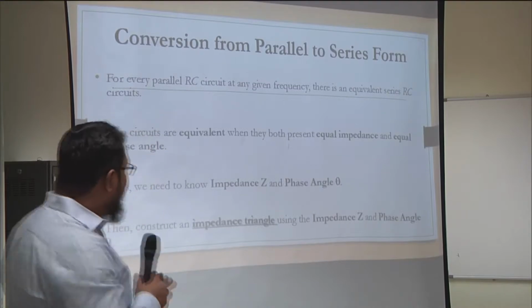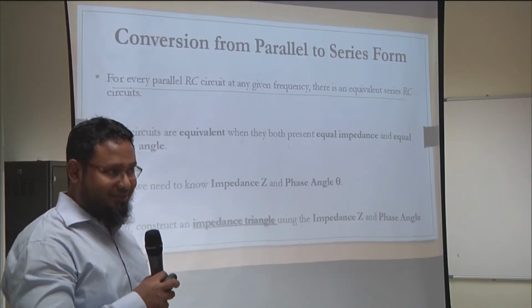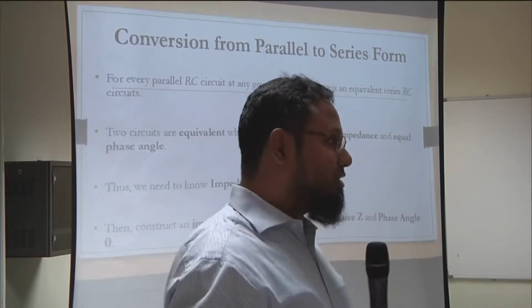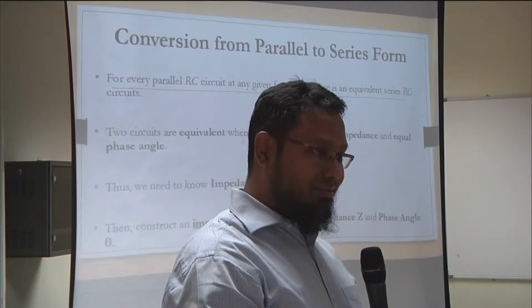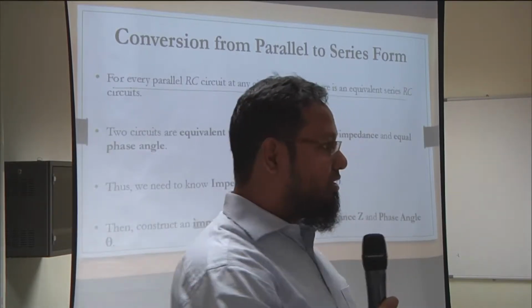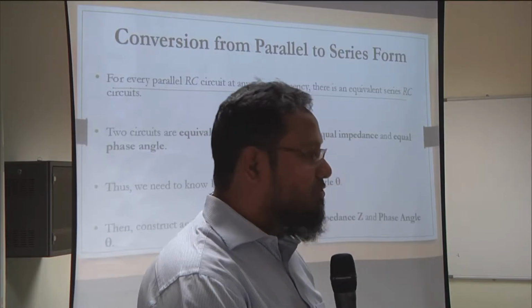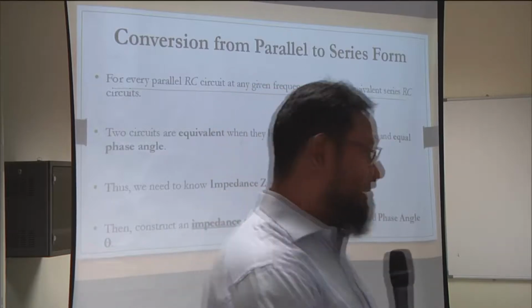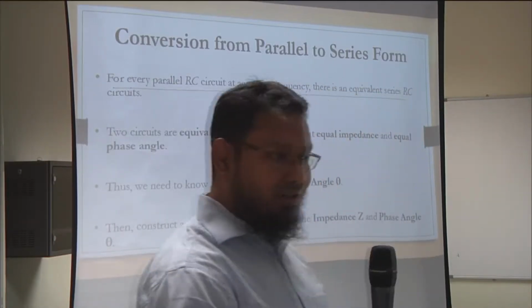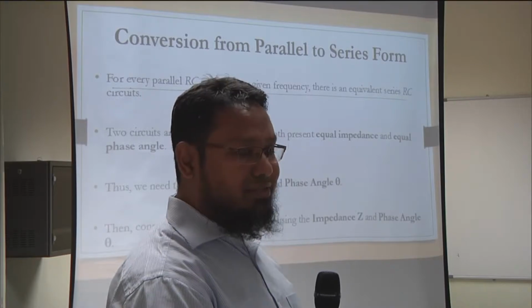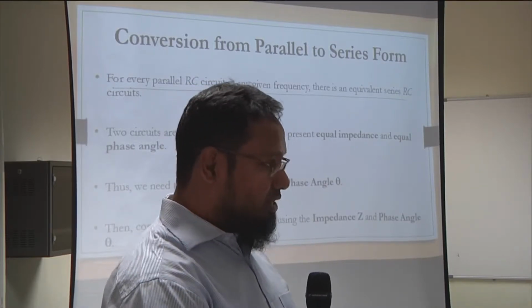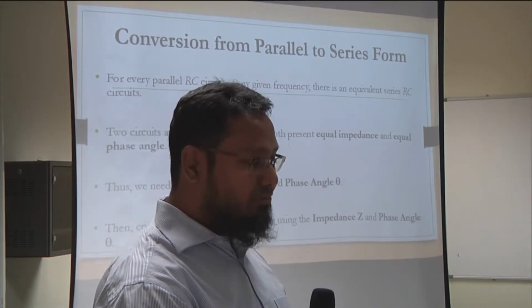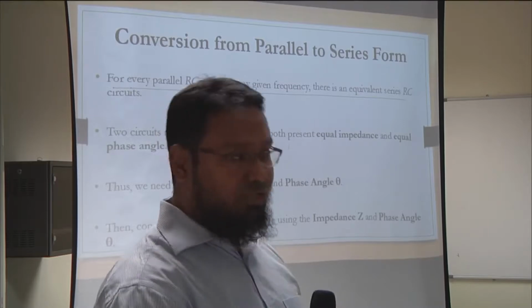Whenever you have a parallel circuit, let's say Z1 and Z2 in parallel, you can find out the Z equivalent, right? If I give you a parallel circuit with Z1 and Z2, of course you can find out the equivalent circuit. How do you find out? You add up the admittances and you invert that. Parallel combination. Okay, so what is the result? In case of phasor, Z1 and Z2 are phasors, so you add up the admittances and invert them. At the end, you are going to get a phasor, which is